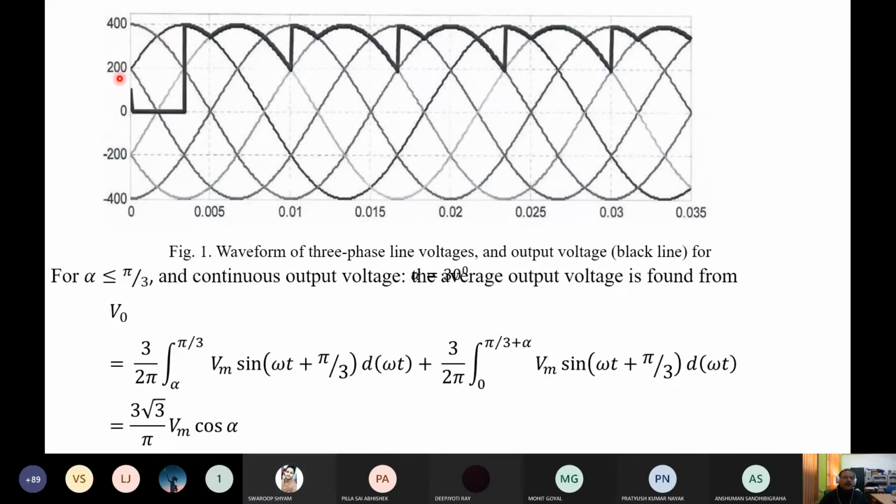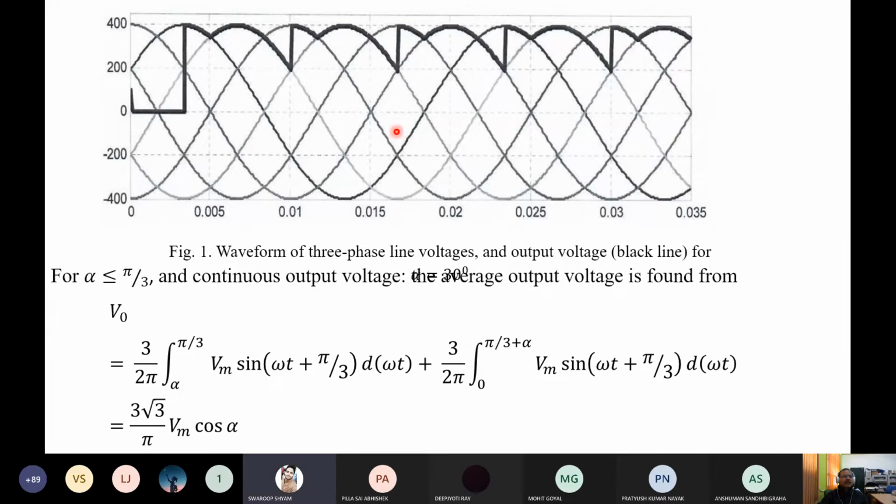This is the bold here. This is the reference. This is AB. If you extend this here, it will be 30, somewhere here, 30 plus 30. Because here the AB is 0, it is leading the phase voltage. It indicates that it is leading the phase voltage by 30 degrees. This is 30 degrees. You extend it here. In simulation, it will not come. That is what I am telling.